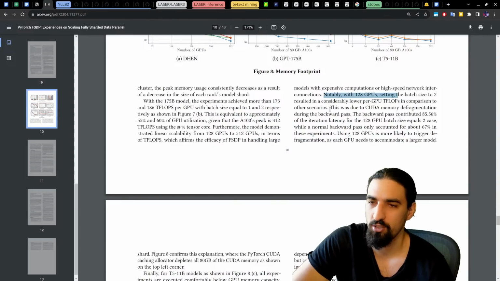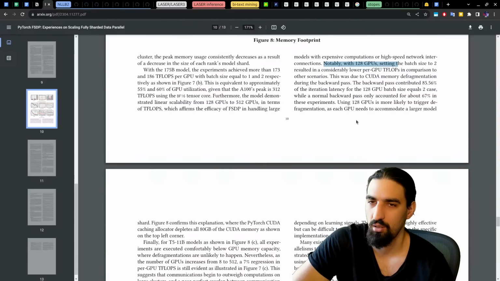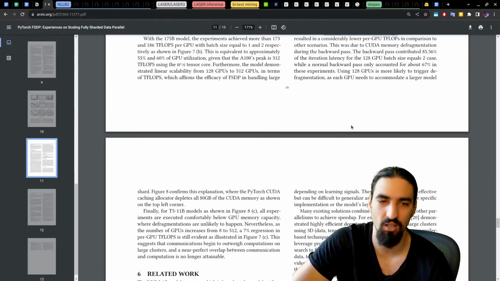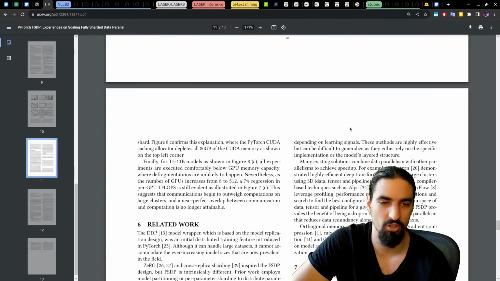The backward pass contributed 85.56% of the iteration latency for the 128 GPU batch size equals 2 case, while a normal backward pass only accounted for about 67% in these experiments. Using 128 GPUs is more likely to trigger defragmentation, as each GPU needs to accommodate a larger model shard.